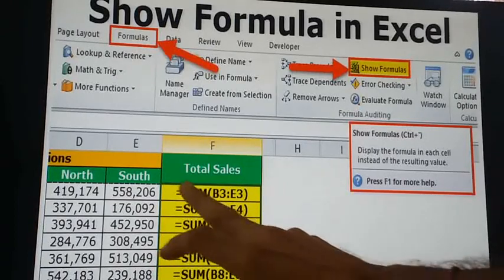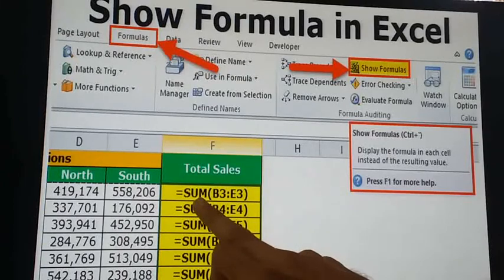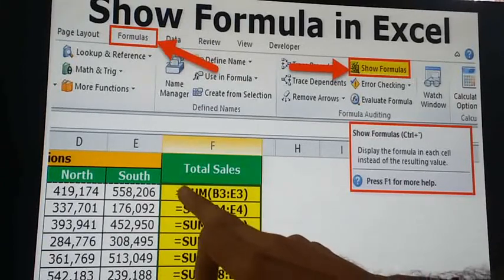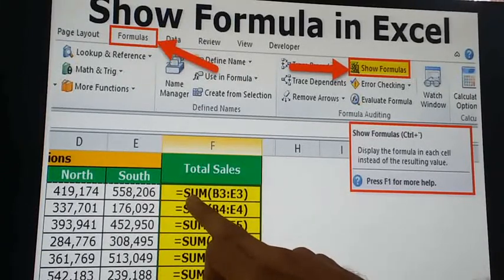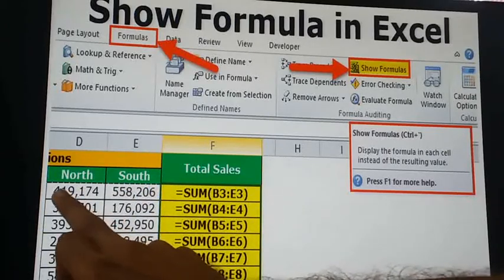the sum. So the beginning of a formula starts with the equal to symbol. Always give equal to, sum, within brackets the range of the cells.